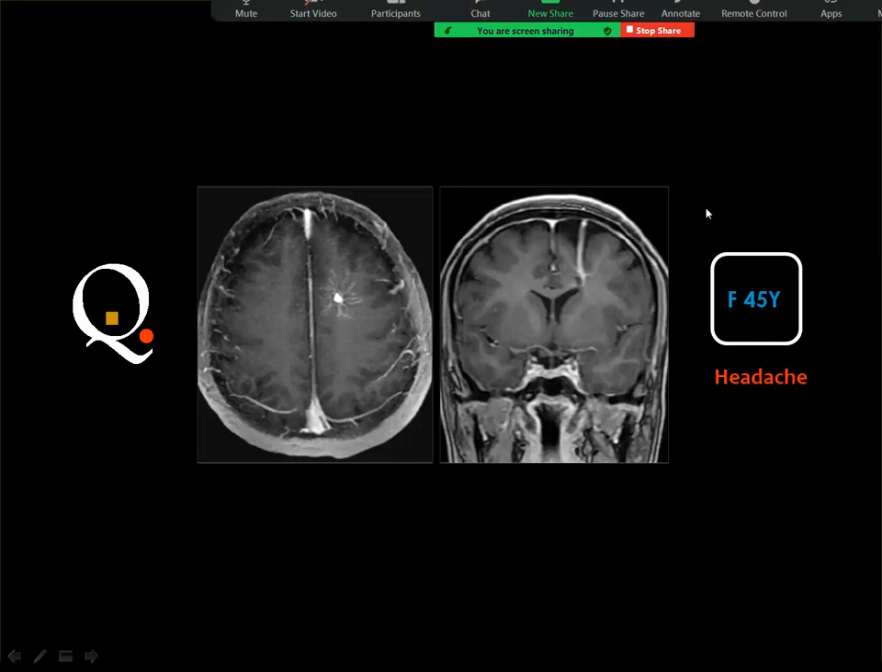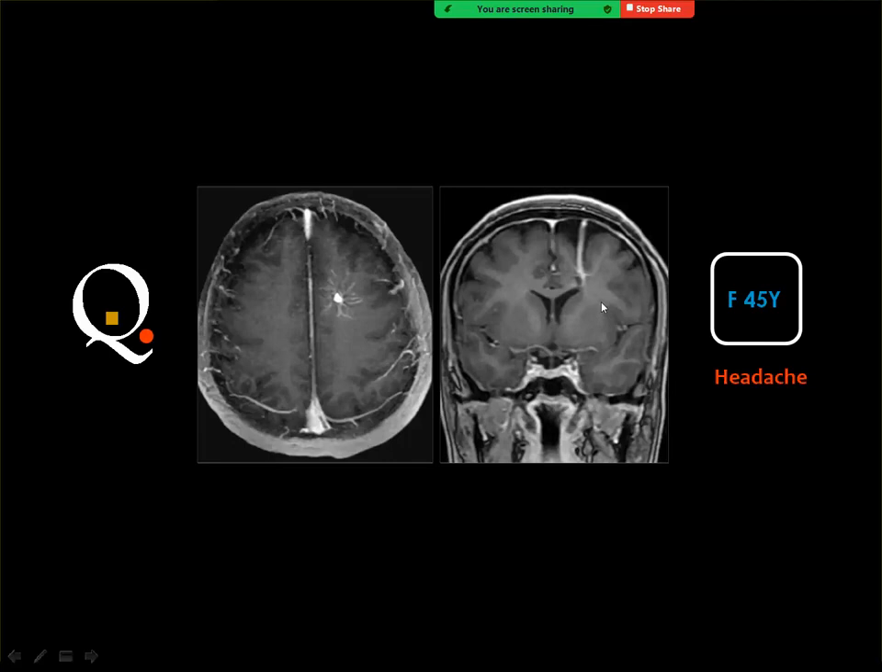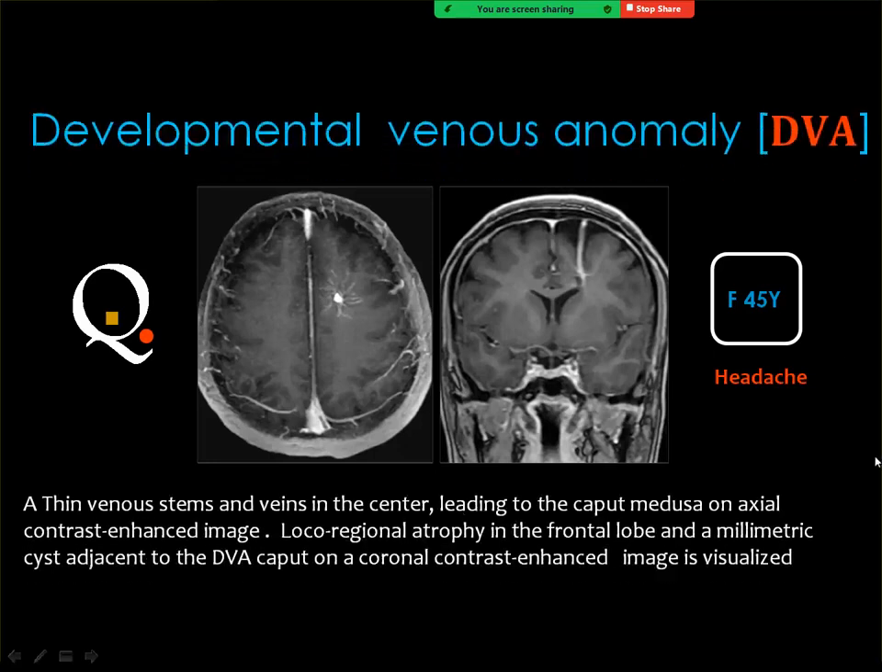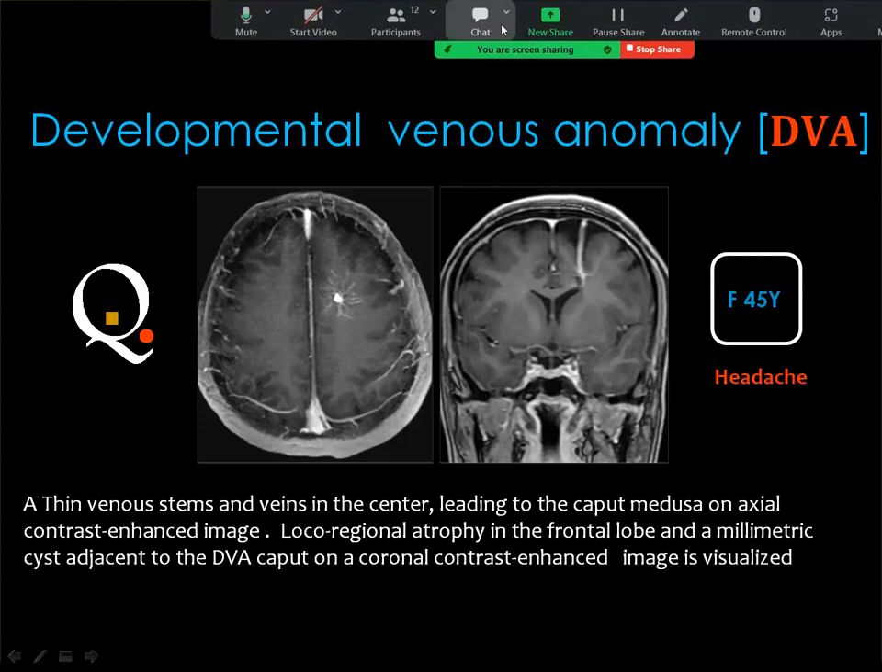Okay, and this is of course an abnormal vein coming from the surface of the brain with some internal tuft of veins, which is a classic of developmental venous anomaly, which is known in the literature as leave me alone lesion. And this lesion is considered a normal variant, and it is not an arteriovenous malformation and should not be